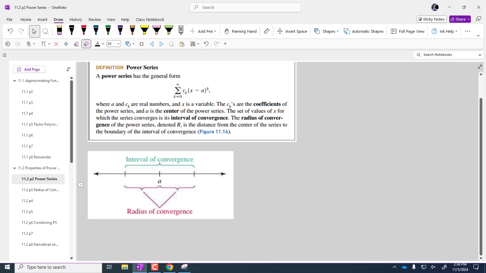The c sub k's are coefficients. And those coefficients you already know how to find because this is just a Taylor polynomial extended. So that's just the derivative of the function evaluated at the center divided by n factorial or k factorial, whatever the letter is. Okay, so c sub k's are the coefficients. A is the center, like we've already seen. And